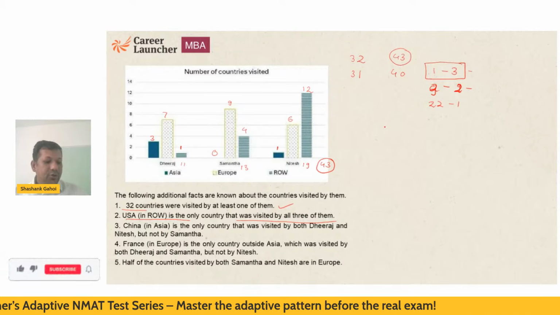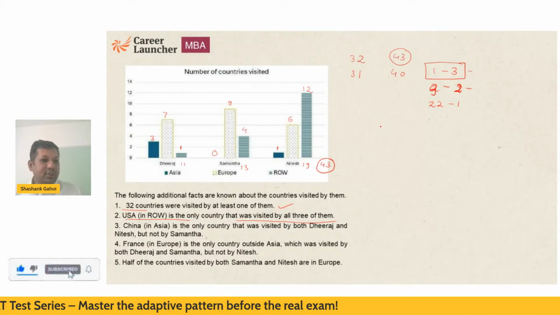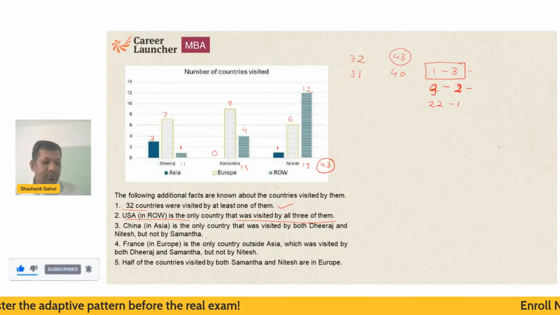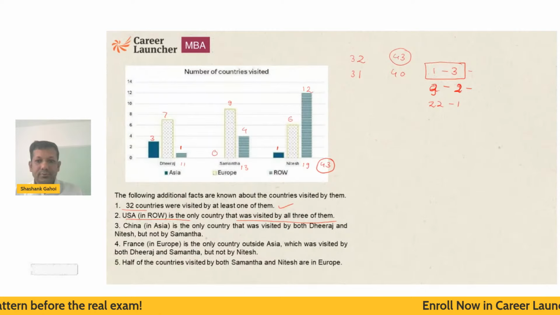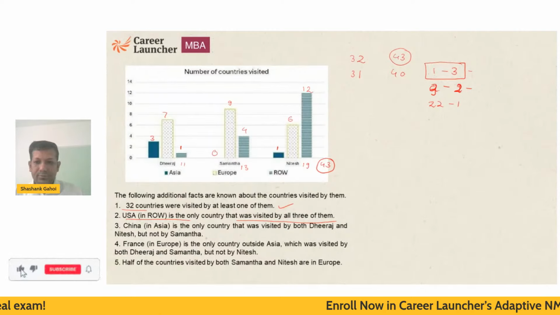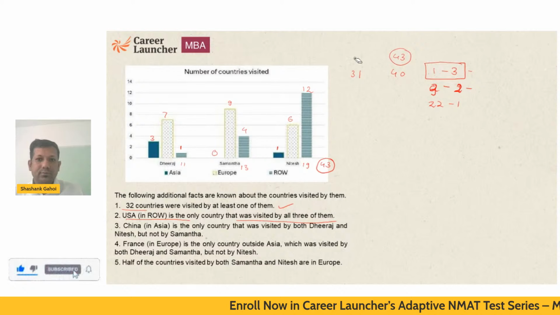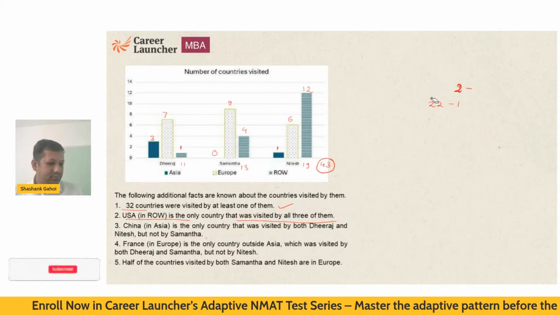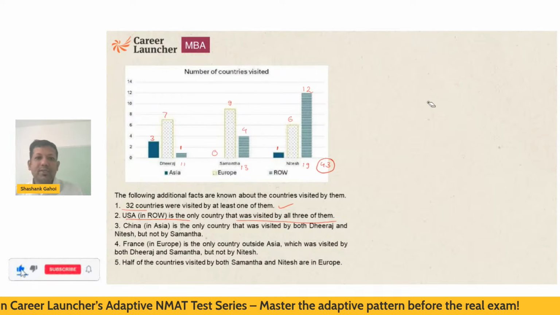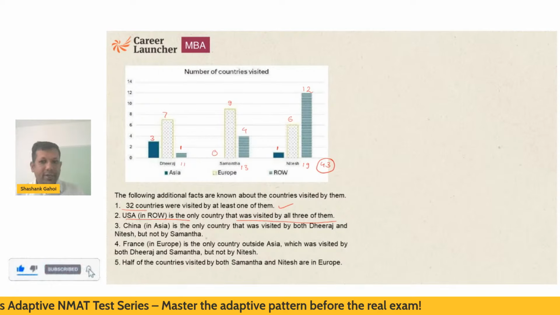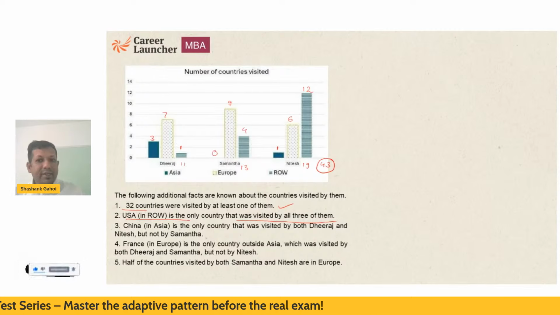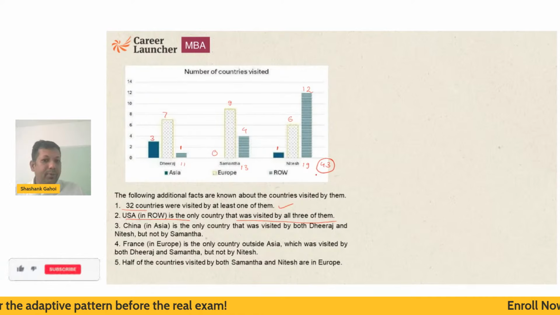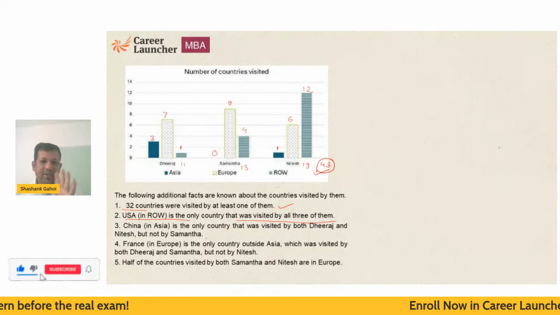Okay, Ria, have you studied the chocolate distribution thing? Okay. So, basically, I have 32 countries, but the sum of countries visited by each person is 43. Are we clear to this point?